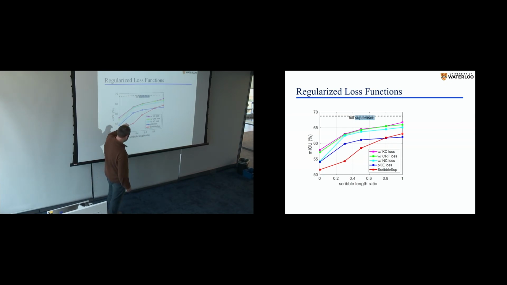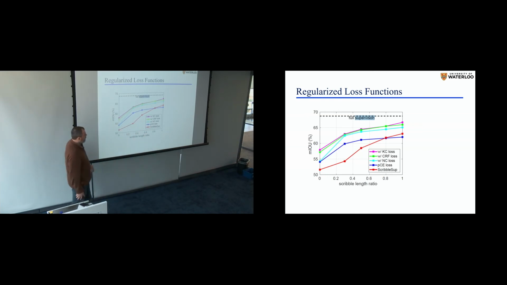First of all, it doesn't matter what network you use. You see our block for each loss function, and it doesn't matter what network you use: UNet, ResNet, I don't care. This is representative. We tried different networks, and they all pretty much give you qualitatively the same, comparable performance.